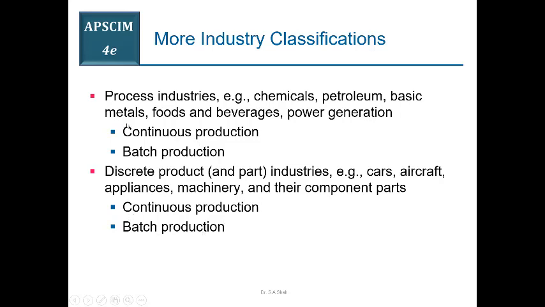So there are some other technicalities within the system. ठीक है ना? तो अगर बैच प्रोडक्शन है तो बैच प्रोडक्शन जो है it can be within the processing industry, it can be within the discrete part manufacturing. Similarly for continuous production,